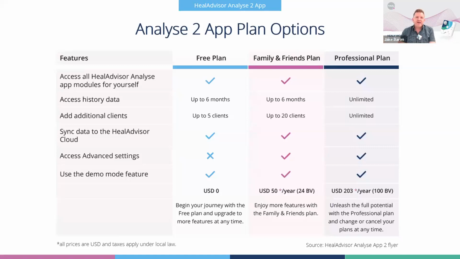And then after that, they can choose to continue on the professional plan for the fee, or maybe they don't need all the features of the professional. Maybe they don't need unlimited data history or unlimited clients. So they could just do the friends and family plan, which is only $50 per year. Maybe they don't even need that one. Maybe they just want the free plan. Maybe they just have a handful of clients and they don't need some of these other features or as lengthy an access to the history of the data. So you can pick the free plan as well.